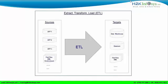Now, the good part of Informatica is that around, I would say, 60 to 65% of the market is captured by Informatica. So if 100 people are using any ETL tool, out of 100 people, 60 to 65 people are using Informatica. So the chances of getting a job,